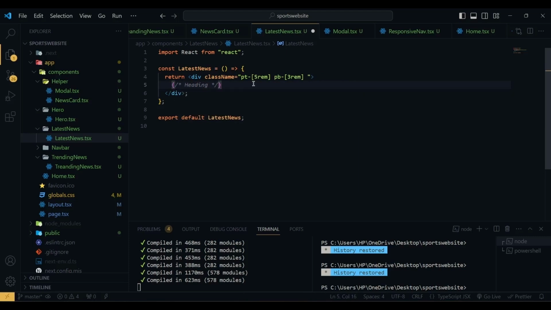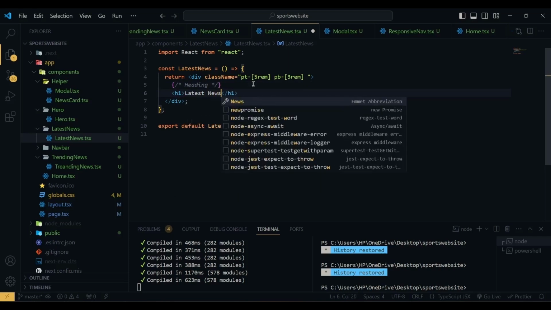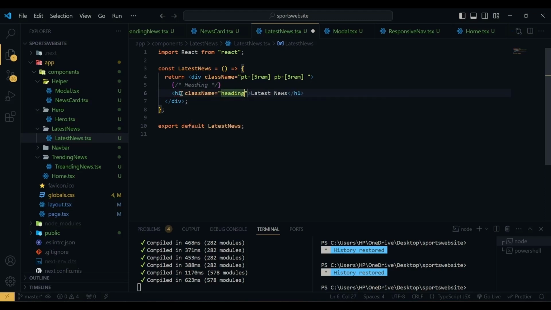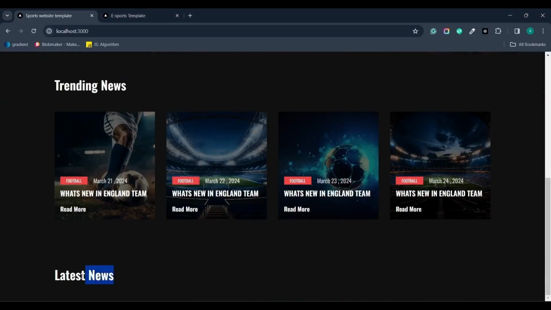Here we have an h1 of the heading latest news, and this h1 has a class name of heading. So let me show you. So this is the heading, latest news,